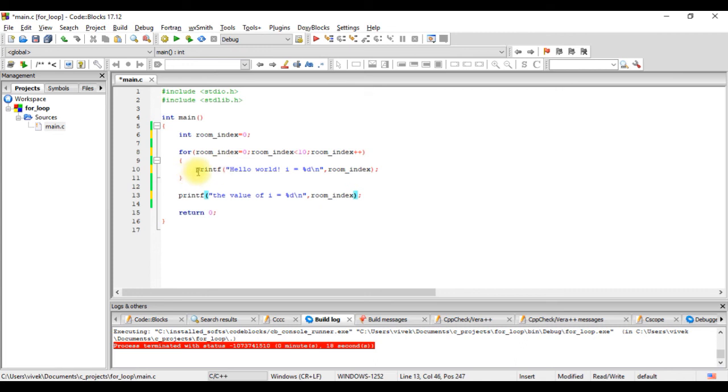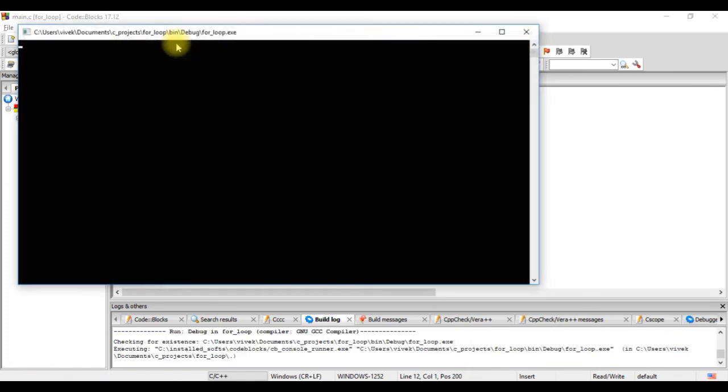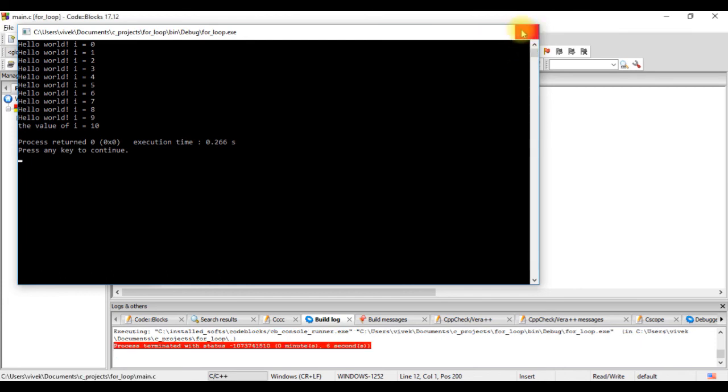So here we are writing a printf statement just to check the output, but in an embedded program it could be a function call to read the temperature from a particular room number 0 and then 1 and then 2 all the way up to 9. So there are a total of 10 rooms. When we run this, it's just the variable name we have changed. When we run it, we get the exact same result as we had when we named the variable I.